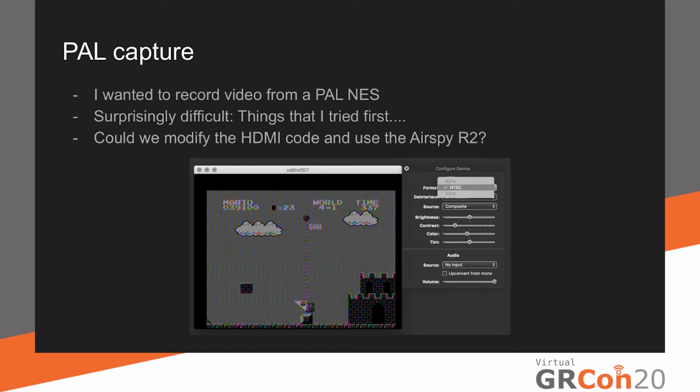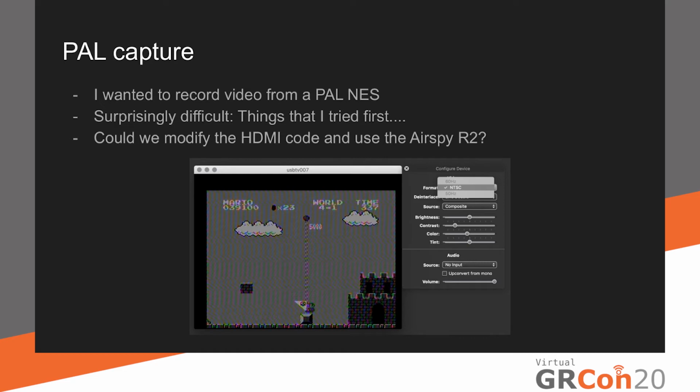I ordered a cheap video capture device from eBay, but it took a long time to arrive, and when it finally arrived, it turned out that the Mac software would only support NTSC. So there's no color at all.